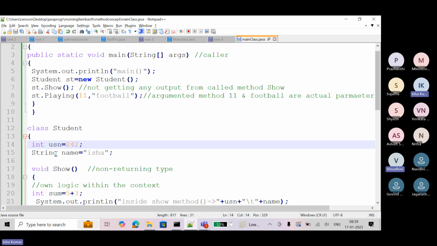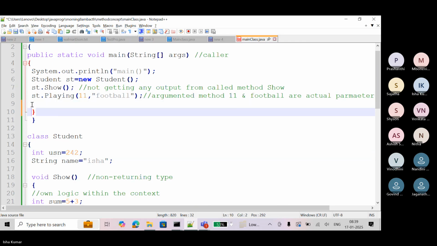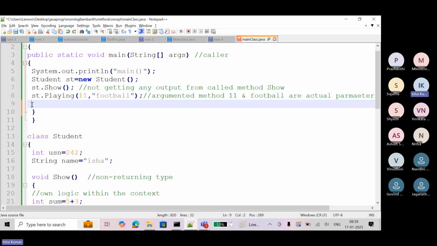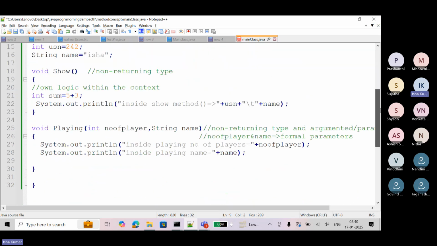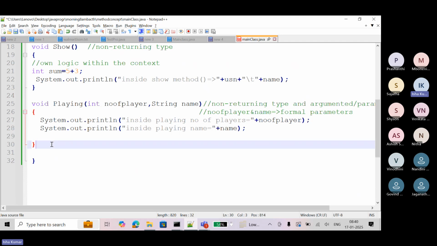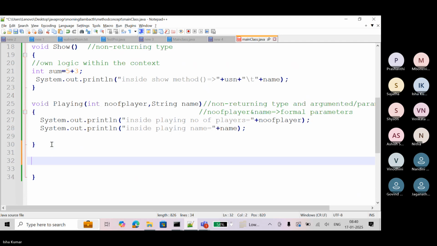Now, if you go to returning type, let's say I am defining one method which should add two numbers, or I am going to write a logic where any number you throw, it will check whether the number is even or not.